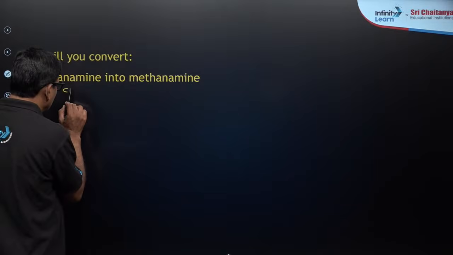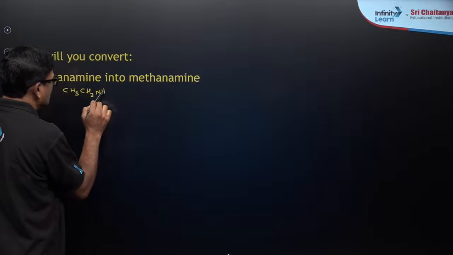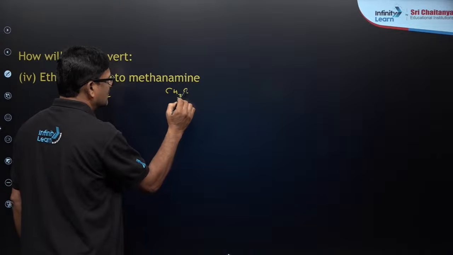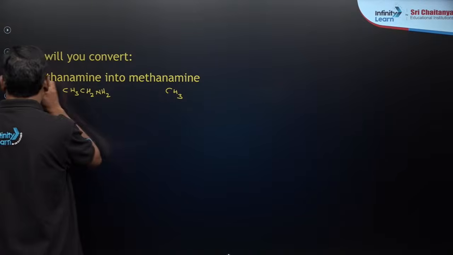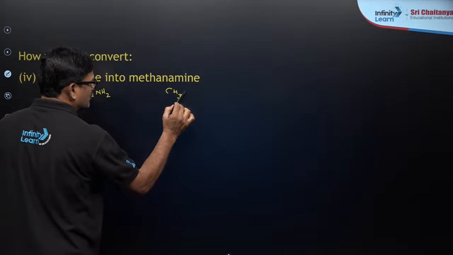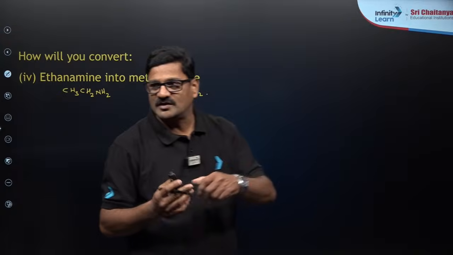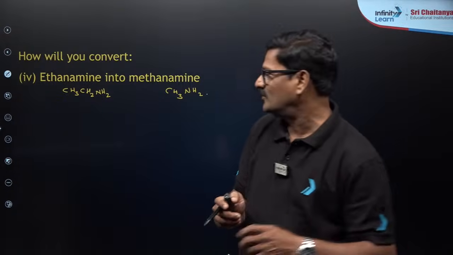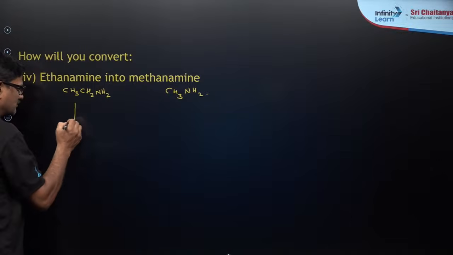Ethanamine is CH3CH2NH2, and methanamine is CH3NH2. You tell me the best way to do this. So you have to go with descending conversion, Chatur Kumar, descending conversion. So first of all, this I want to do,